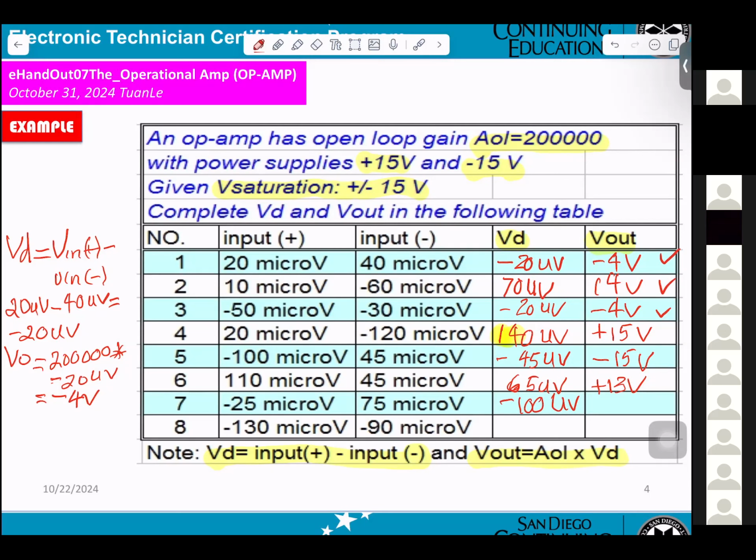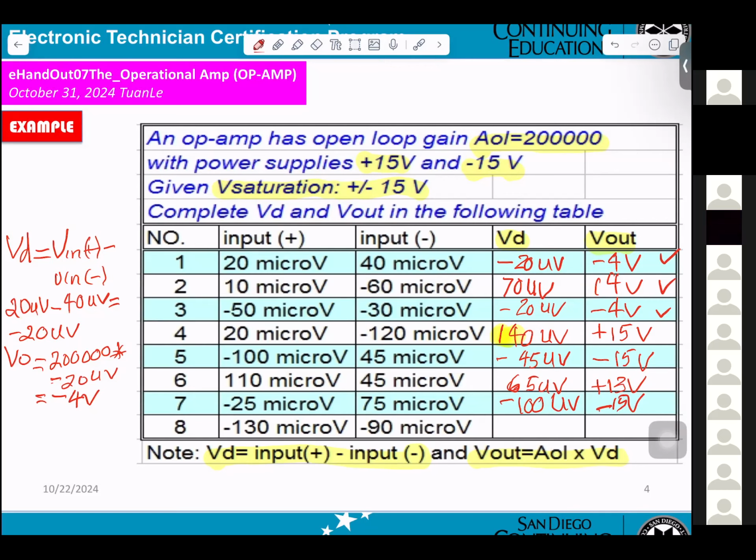Okay, negative 100. That's what I got. Times 2, 1, 2, 3, 4, 5. Minus 20, but you can't have minus 20, so then it's got to be minus 15. Okay. Number 7, minus 15, because it calculated the minus 20 though. Okay, then the last one is